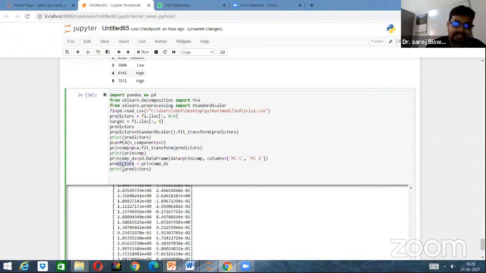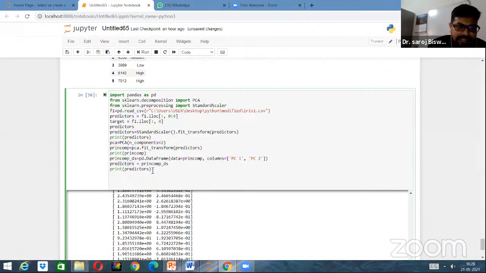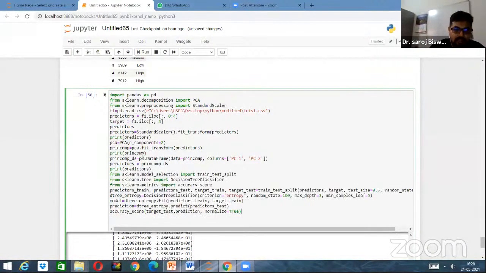In earlier cases, in predictor we had 4 columns, but now in predictors we have only 2 columns because PCA is applied here. But the remaining code of the decision tree is the same. I didn't change anything here. This is the code from here to here. This is the code of the decision tree. I didn't change anything, and I'm not going to discuss the decision tree now, because the decision tree is not